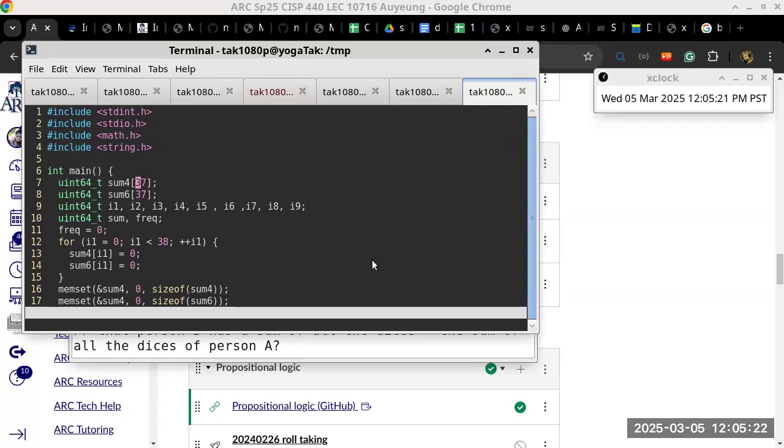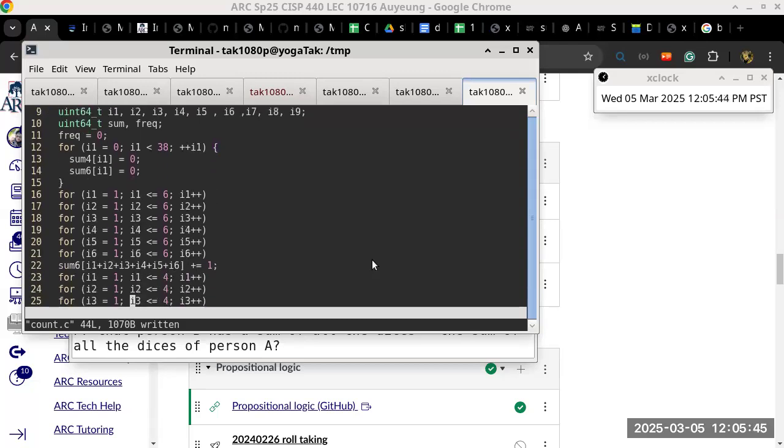Same thing for the six-faced dice, so I have two arrays. I did not bother to implement this recursively. And these two are not needed anymore, because I probably misunderstood what memset does, and it's not doing what I needed, which is to initialize both of those arrays. So this really ugly piece of code here, yes, I admit it is super ugly,